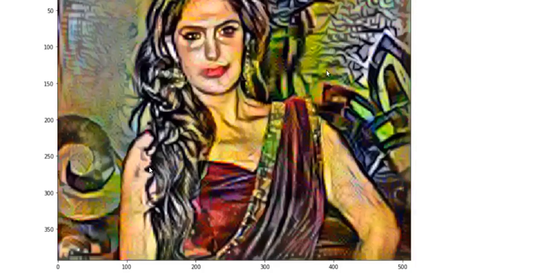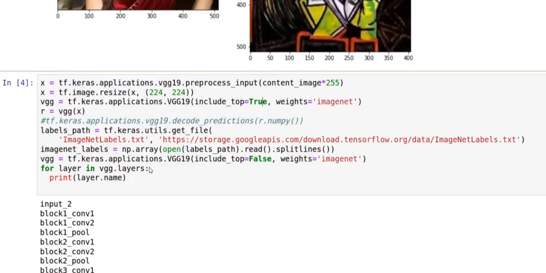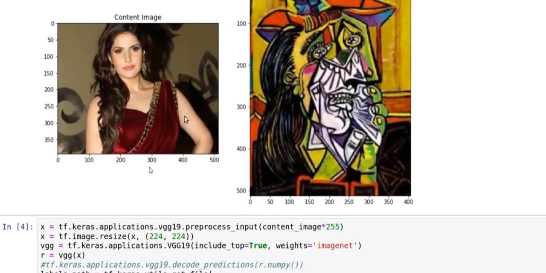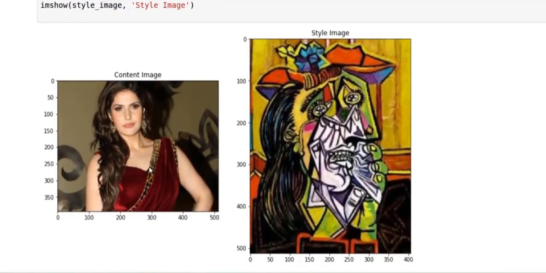Hello guys, today I'm going to explain to you about neural style transfer. You can see here, this is a style transfer output image, and in this case I have used an input image of one of my favorite Indian actresses, Jain Khan, and a style image, something like that you can download from the internet. So what neural style transfer does is it basically maps the style over the original image.